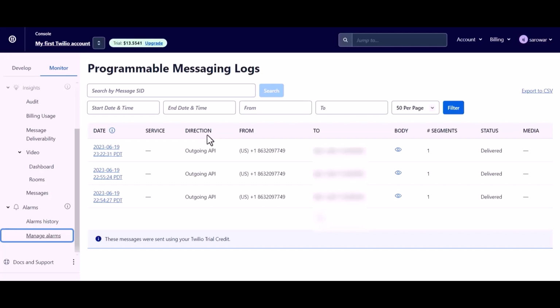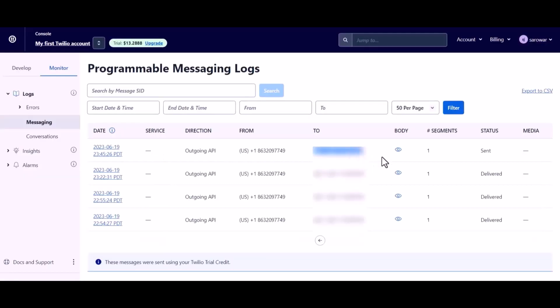Now go to the Twilio site and refresh the page. And you can see the message was sent